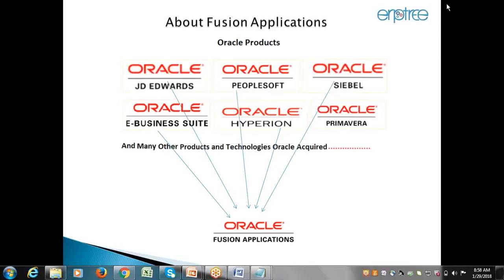You can see it from versions 4, 5, 6 and 7, but those versions were used just for validation and testing purposes and to add some functionality. Most clients started using Fusion applications from release 7 and release 8 onwards. You can see in all the versions the HCM solution in Fusion applications is a legacy of PeopleSoft only.